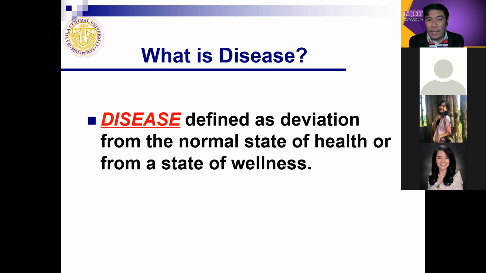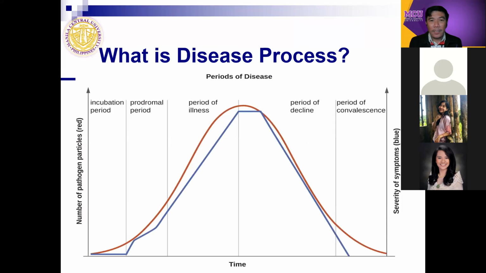When we define health, it's the state of balance, which is correct. It is the state wherein the person is in homeostasis, in equilibrium. But whenever there is a disease, the terms that can be associated are deviation, dysfunction, abnormalities, because it did not sustain the balance. And thus, to give you an idea of what the disease process is, we have, for example,